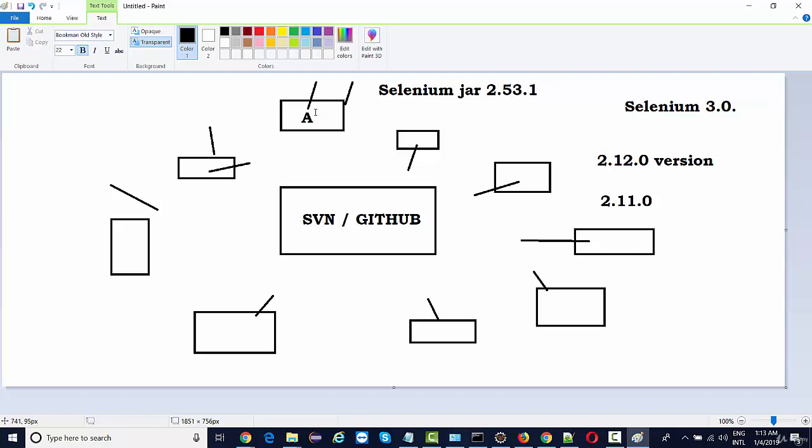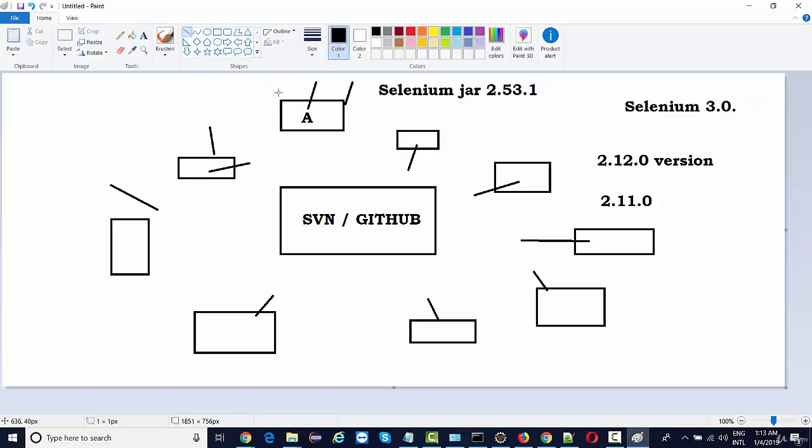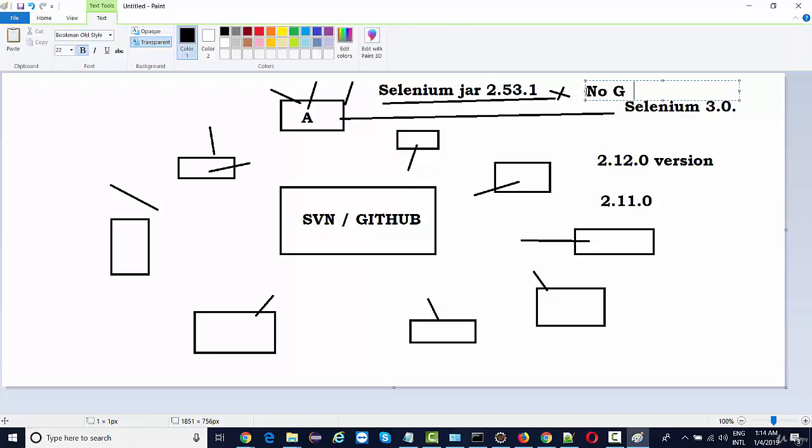Now, as this tester, what I did is I removed Selenium 2.53 from my project and included Selenium 3 in my project. There were some new classes introduced in Selenium 3. And if you have ever worked on Selenium 2.53.1, you must be aware that there was no Gecko driver exe in Selenium 2.